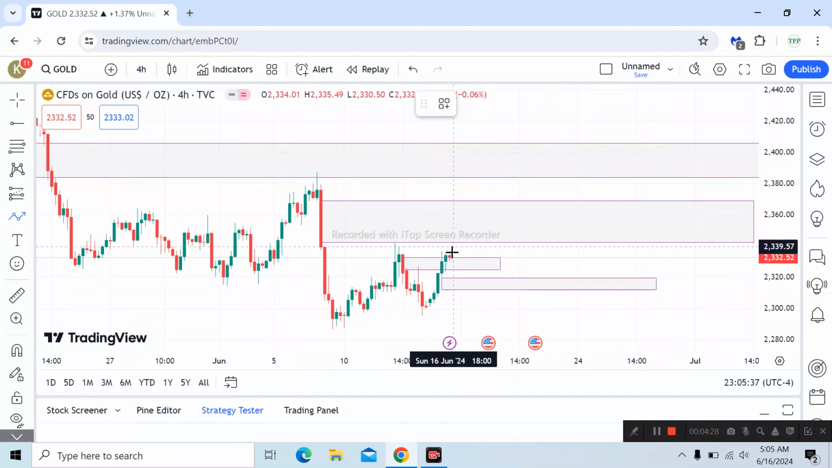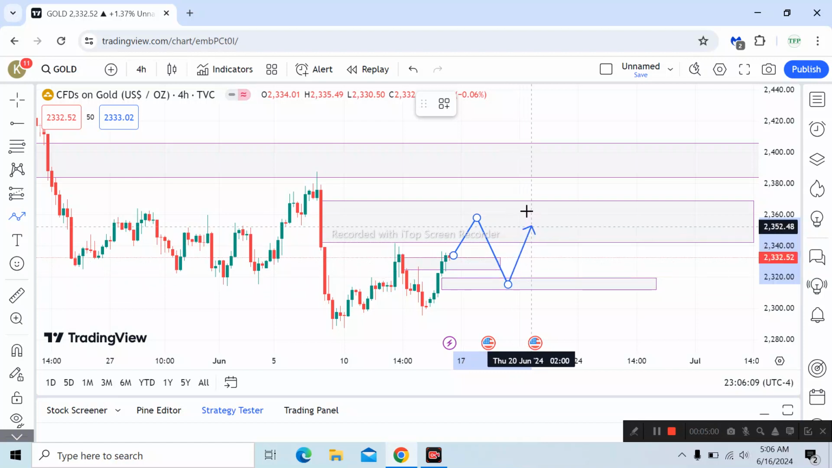Okay, so what I am expecting price to do is trade from this point here, let's say, to test this imbalance over here, and then expect price to trade back down to retest this gap it has created, this imbalance here. Then we expect price to go high